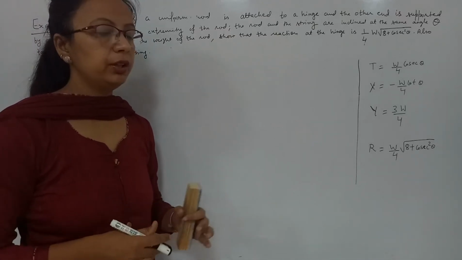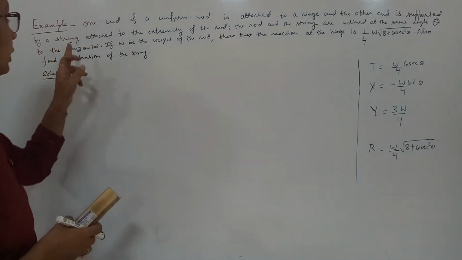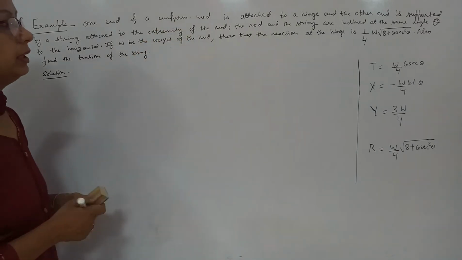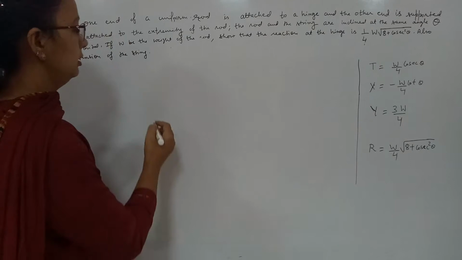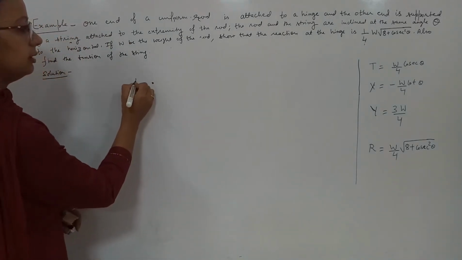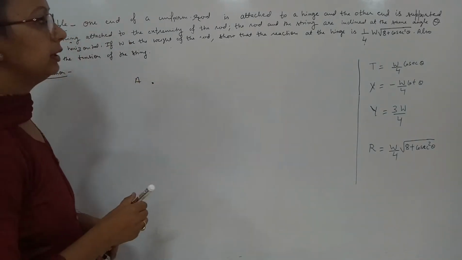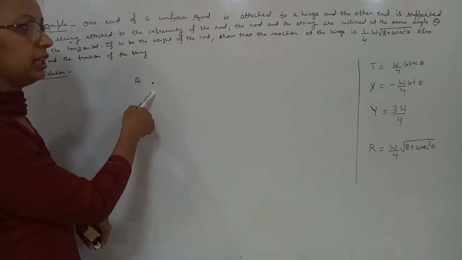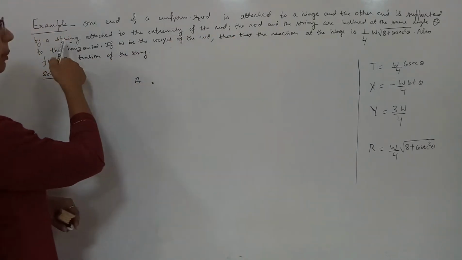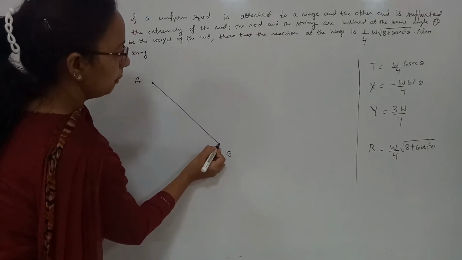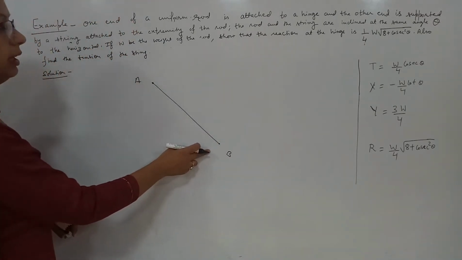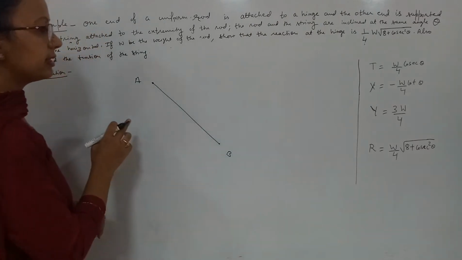So let us do one more example. One end of a uniform rod is attached to a hinge. A hinge is given, say A at A point. A rod is attached at this hinge and the other end B is supported by a string, and the rod and the string are inclined at the same angle theta